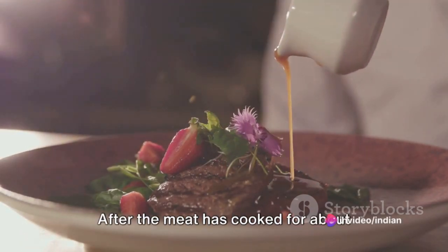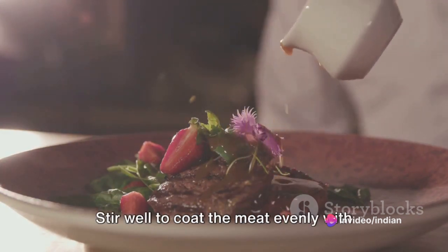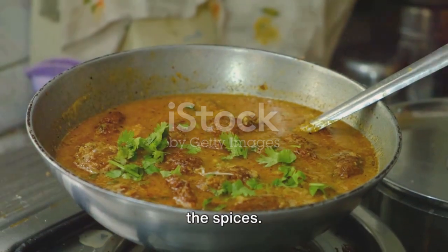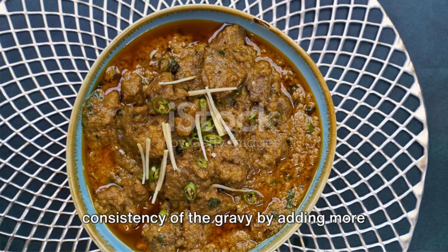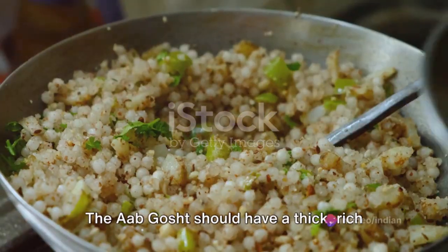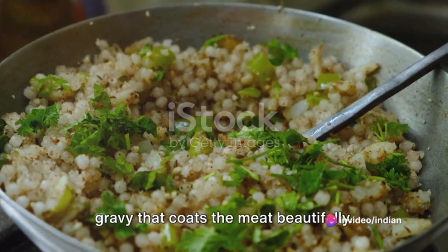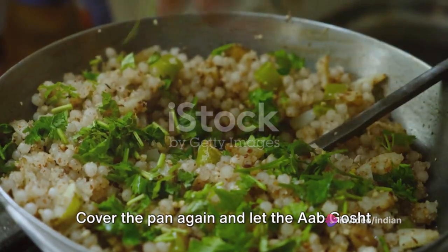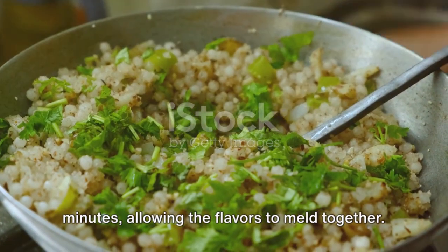After the meat has cooked for about 45 minutes, add the spice mix to the pan. Stir well to coat the meat evenly with the spices. At this point, you can adjust the consistency of the gravy by adding more water if needed. The Aab Gosht should have a thick, rich gravy that coats the meat beautifully. Cover the pan again and let the Aab Gosht simmer for another 15 to 20 minutes, allowing the flavors to